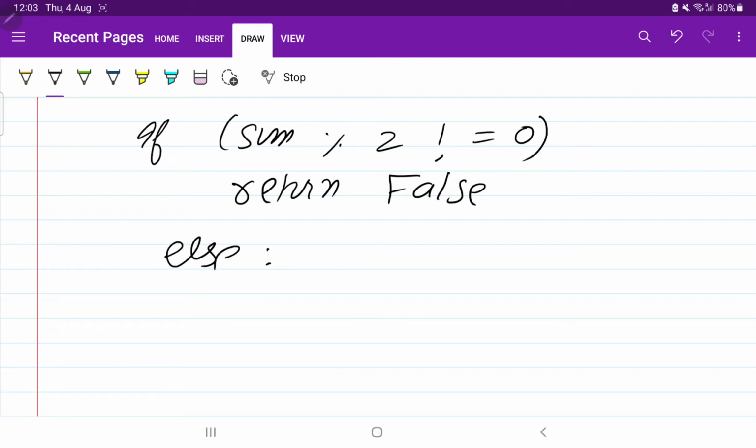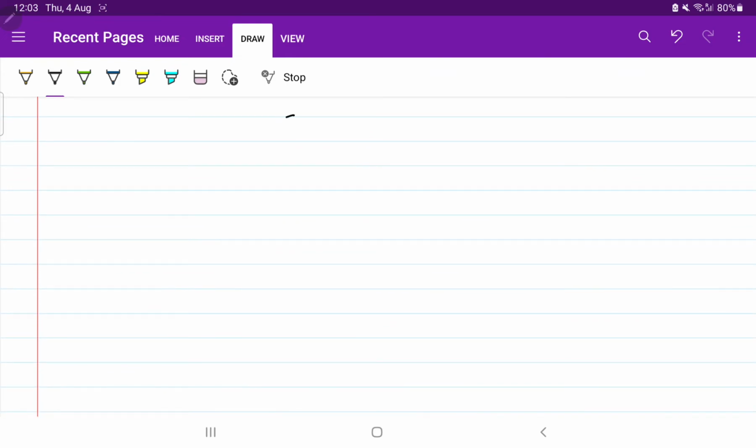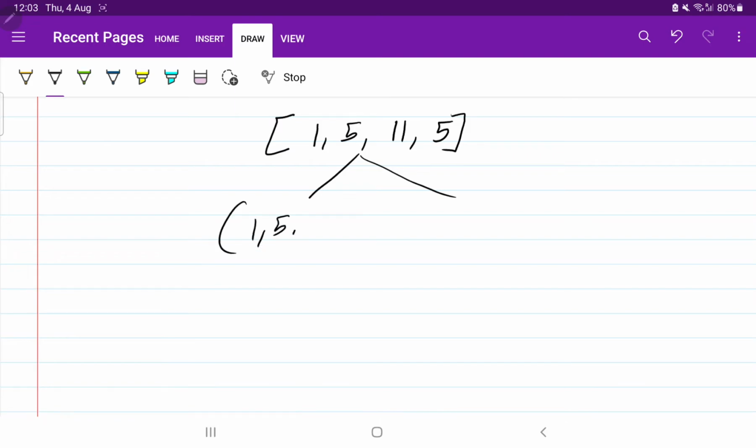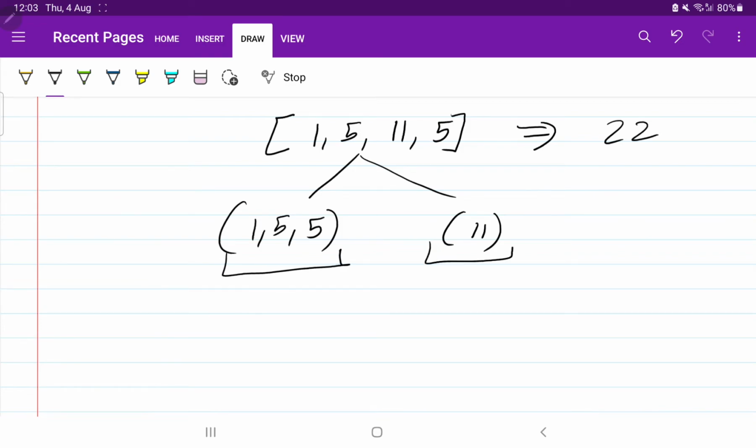Now we have to see the other condition, the else part. Let us move back to the question. The question was given like this: 1, 5, 11, 5, and the equal partition was 1, 5, 5 and 11. The sum of the array was 22. If the partitions are done and we add them, we get the sum of the array.